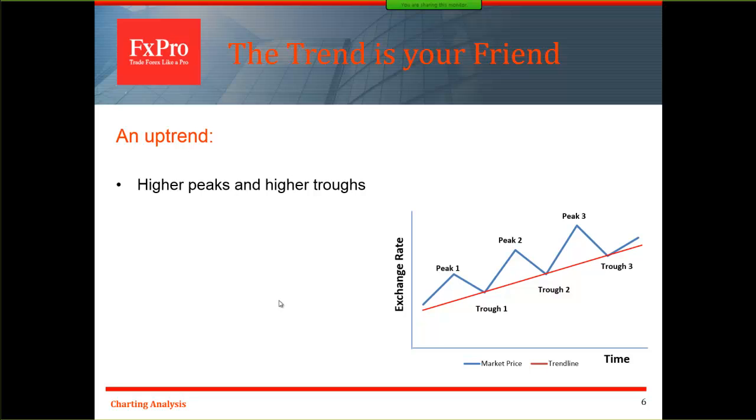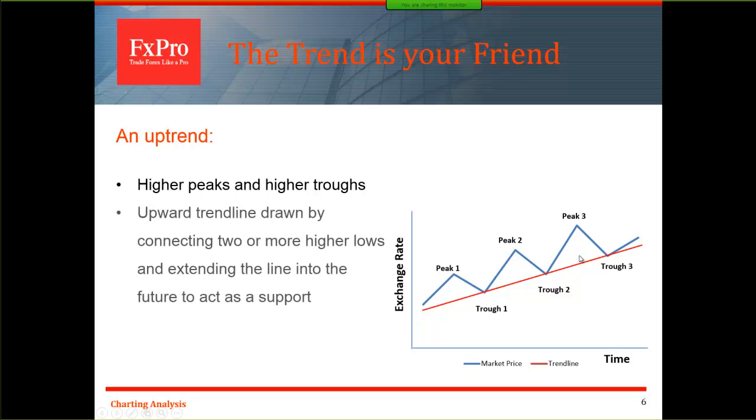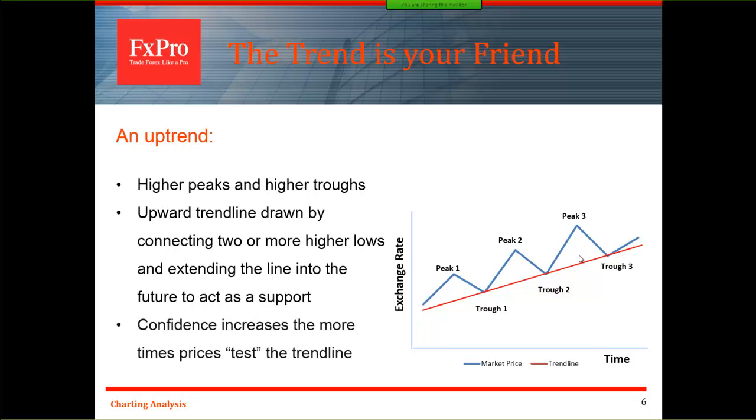Now, an uptrend occurs when a security makes higher highs. As we can see here, we have a new peak, a higher peak, and thereafter an even higher peak, and higher lows. A trend line can be drawn by connecting two or more lows. Obviously, a line just needs 2 points to be connected, so there are a myriad of trend lines you can draw in a chart. What makes a trend line stronger is the number of times the trend line has been tested. This increases confidence in that particular trend line. So during an uptrend, you'll connect the higher lows, as is the case here with the troughs, in order to identify the trend line.